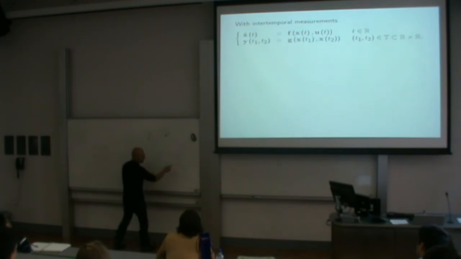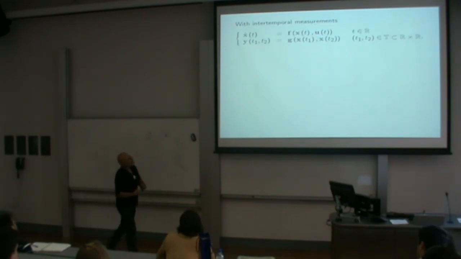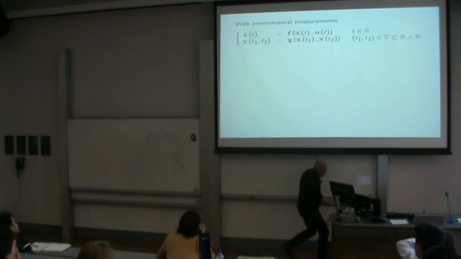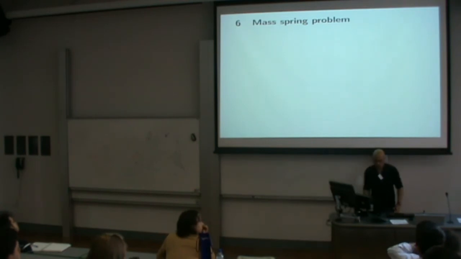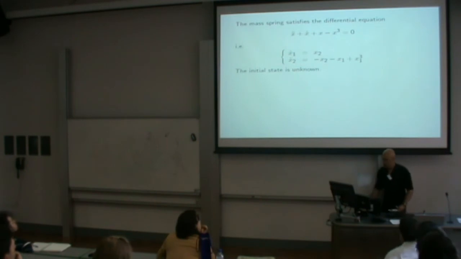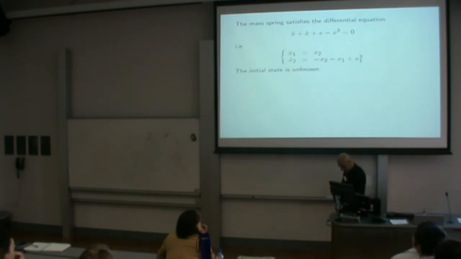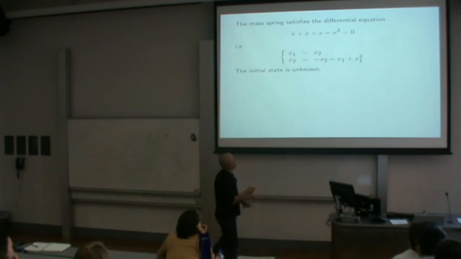And at time T1, this robot was here. Okay. So just to give you an example, we consider the mass spring problem, just to show how it works. The mass spring problem is